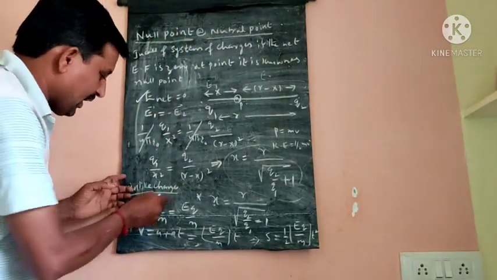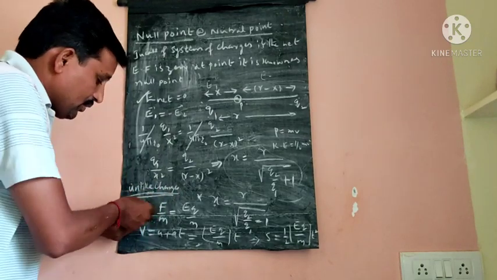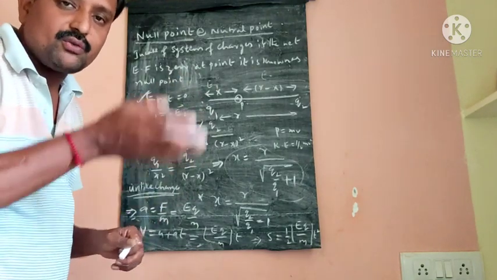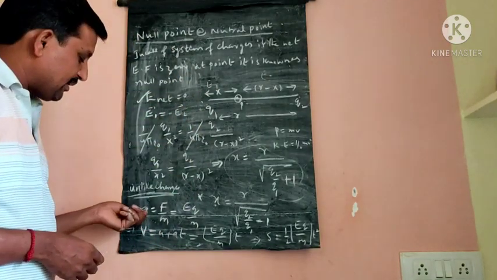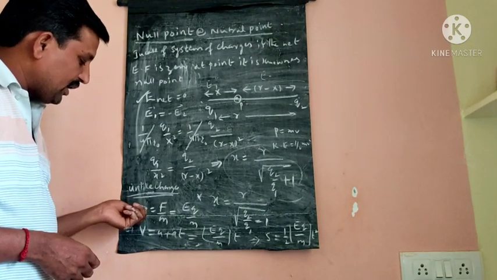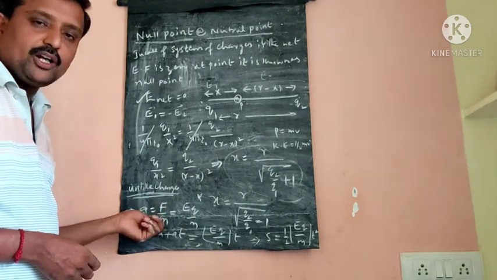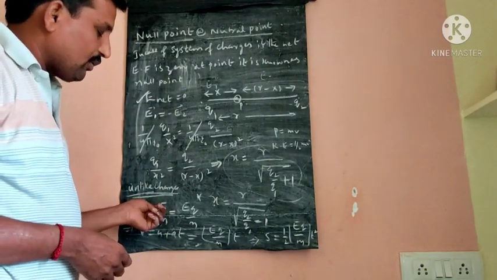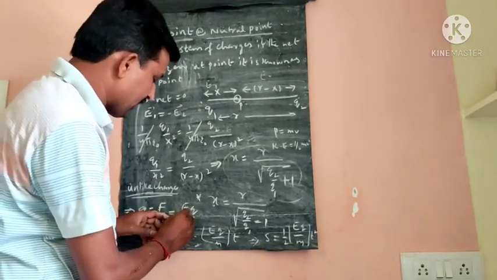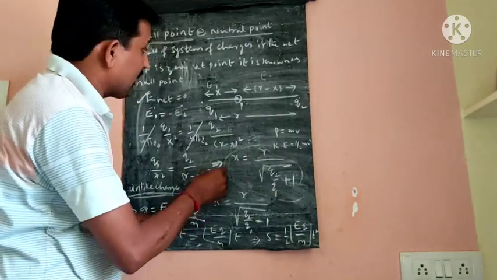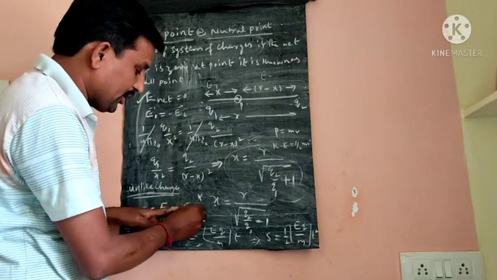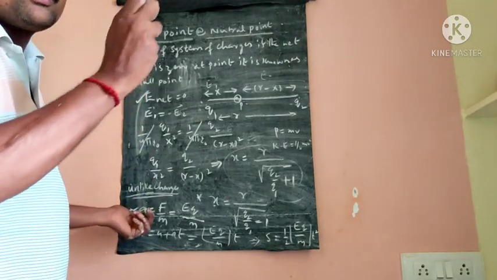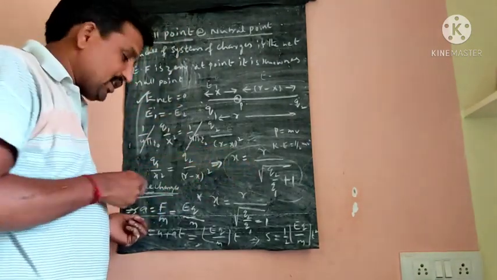So for example, if a positive charge is moving with some acceleration in the positive x direction, the acceleration is measured by using this formula, a is equal to F by m. According to Newton's second law, F is equal to ma, or a is equal to F by m. F is the electric force. So E is equal to F by q naught, or F is equal to E into q. So a is equal to Eq by m. This is the acceleration of a positive charge when it is moving in the positive x direction.